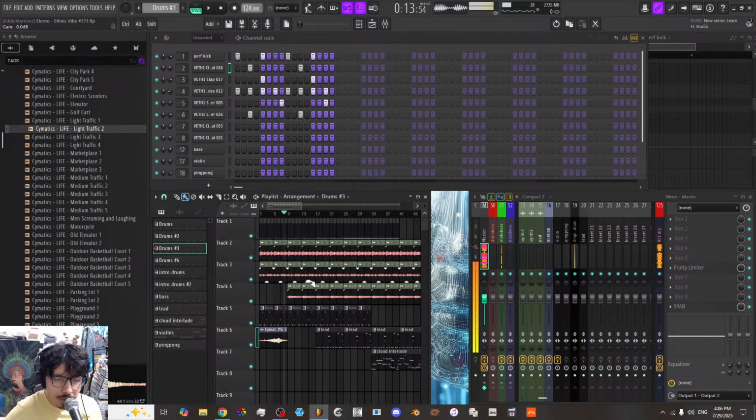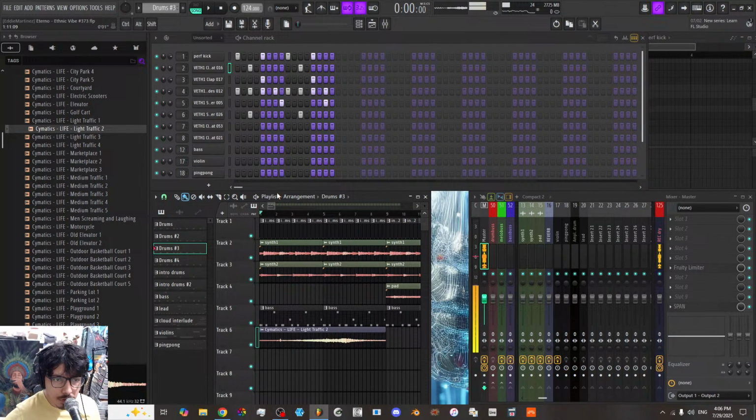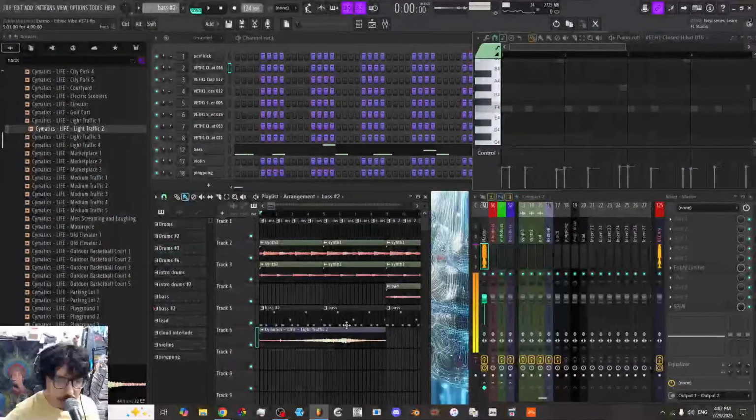I think it's also the repetitive nature of everything. So maybe slightly changing things here and there, as far as the notes and stuff. Like this bass could be different for the intro.